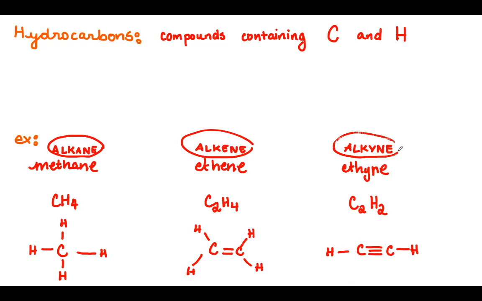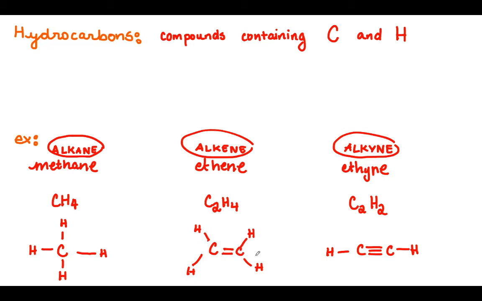Another very important thing that I want to bring to your attention is that regardless of if there's a single bond, a double bond, or a triple bond, the number of bonds that the carbon has always remains 4, right? So if you take a look here, I've got 1, 2, 3, 4 bonds to this particular carbon. Even when the carbon is forming a double bond, if you count the individual number of bonds, it is 4. So I've got 1, 2, 3, 4.